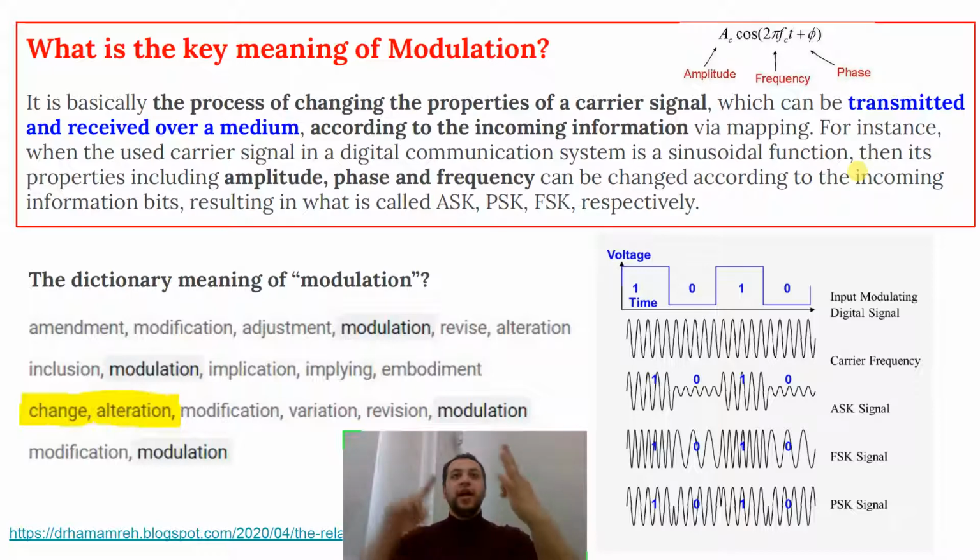What are the three properties of a sinusoidal carrier signal? Amplitude. What are the things you can change here? The properties, the variables in a carrier signal. Either it's amplitude, frequency, or phase. These are the only things you can change in a carrier signal. Now, if we choose a sinusoidal signal as a carrier, this means that our properties are limited to amplitude, phase, and